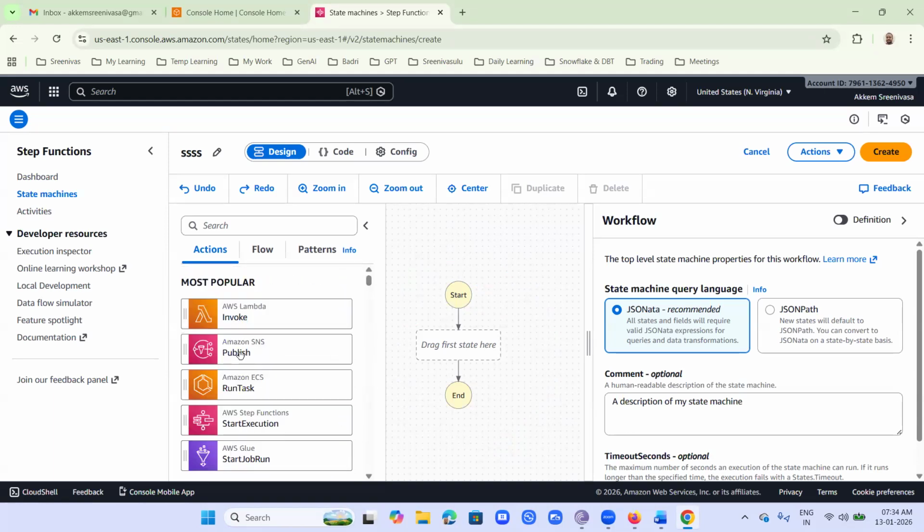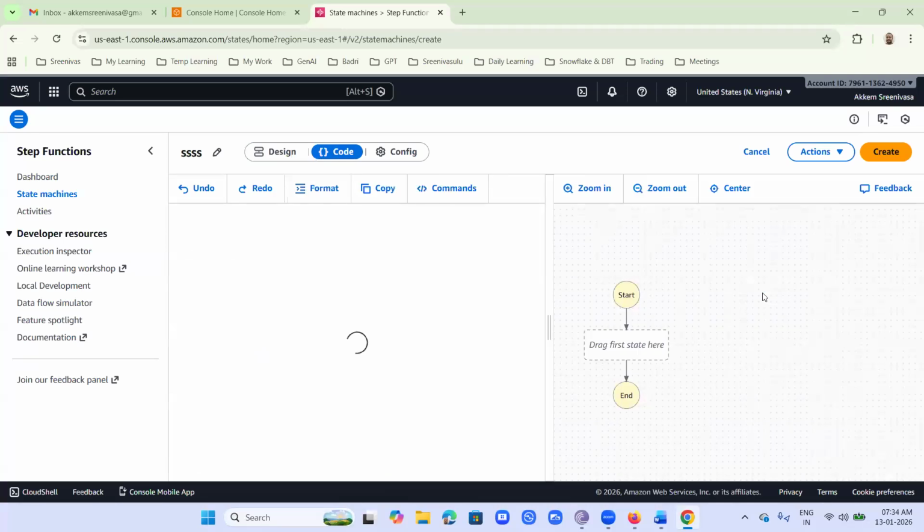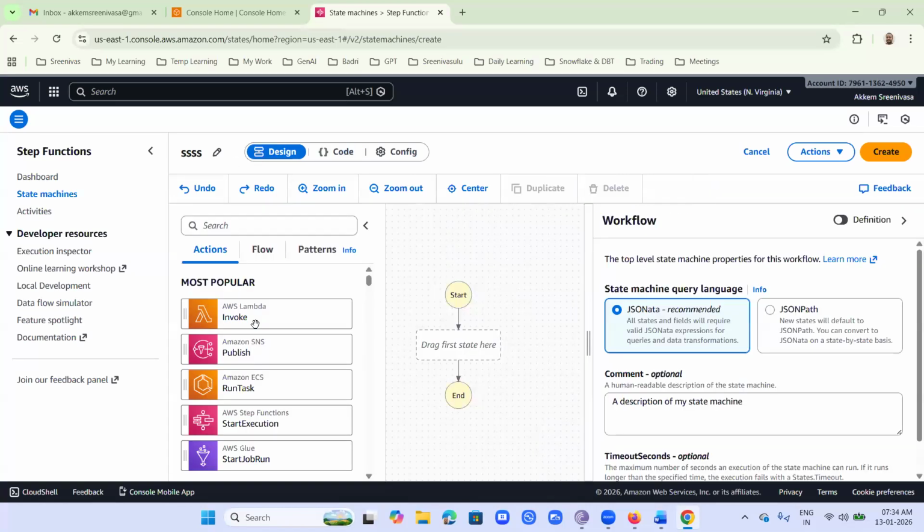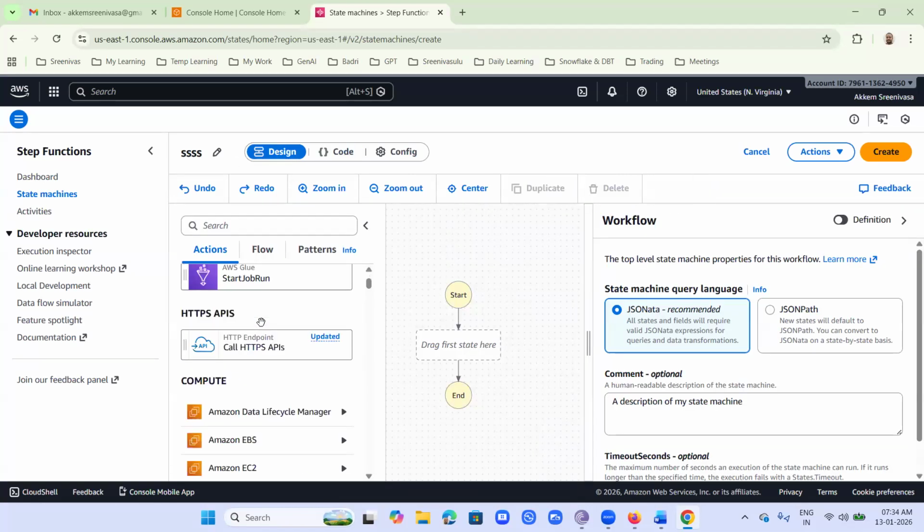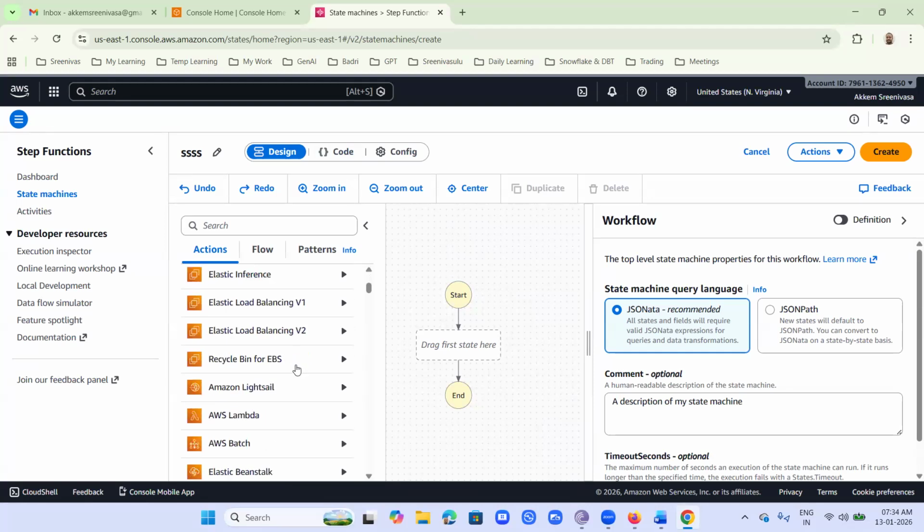Let's say instead of drag and drop, you want to write a definition. Go to code, you can write a definition here, JSON definition. Each state definition you can define. Diagrammatic, you can just drag a particular service. You can just drag a particular service, then